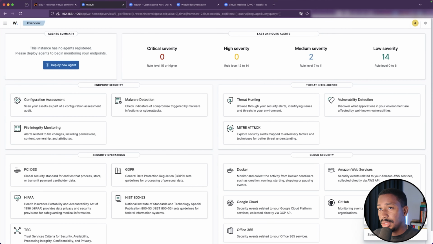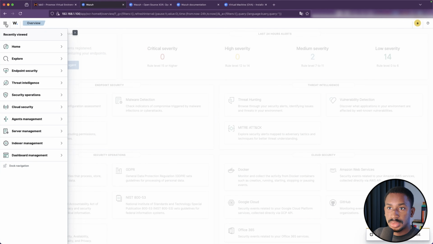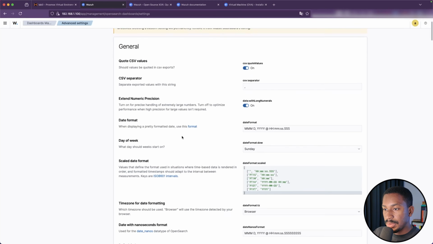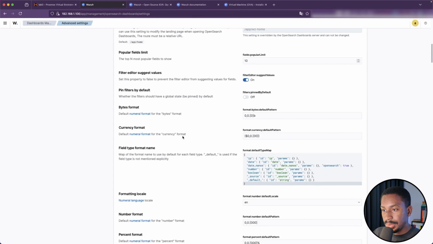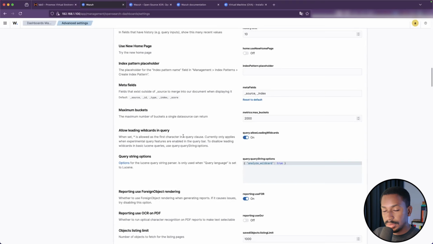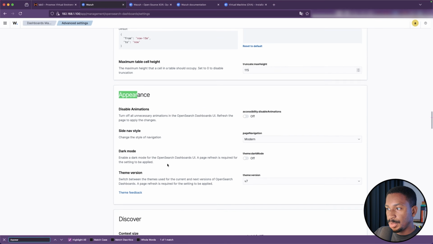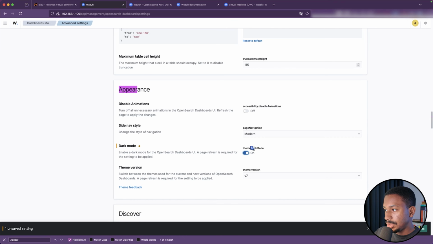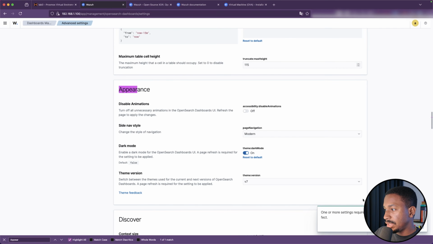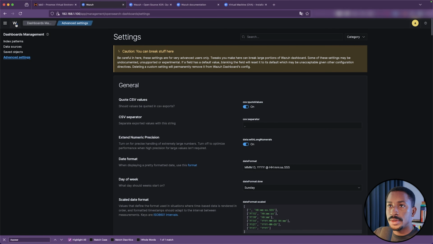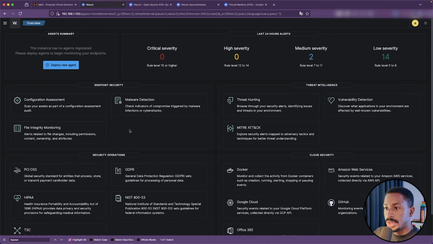Now for the most important setting of all settings, let's go into our Wazuh menu, go to Dashboards management, and Advanced settings. And we want to find the most important setting here, which is appearance. And for appearance, we want to choose dark mode. That's the most important setting here. We save that, we reload the page, and boom, we've got Wazuh in dark mode. And that's it for the installation of Wazuh on